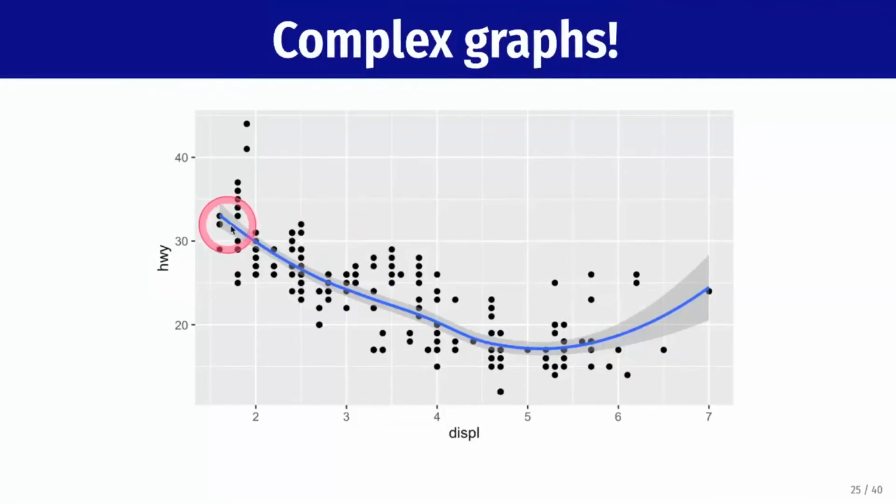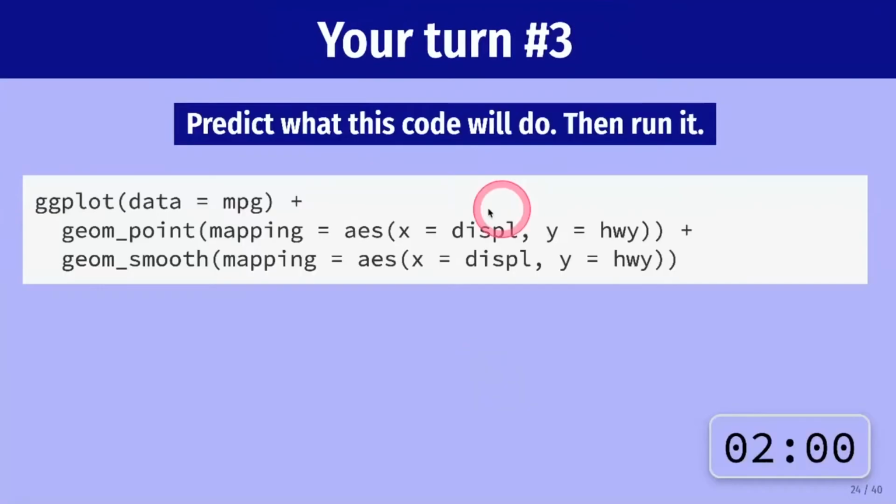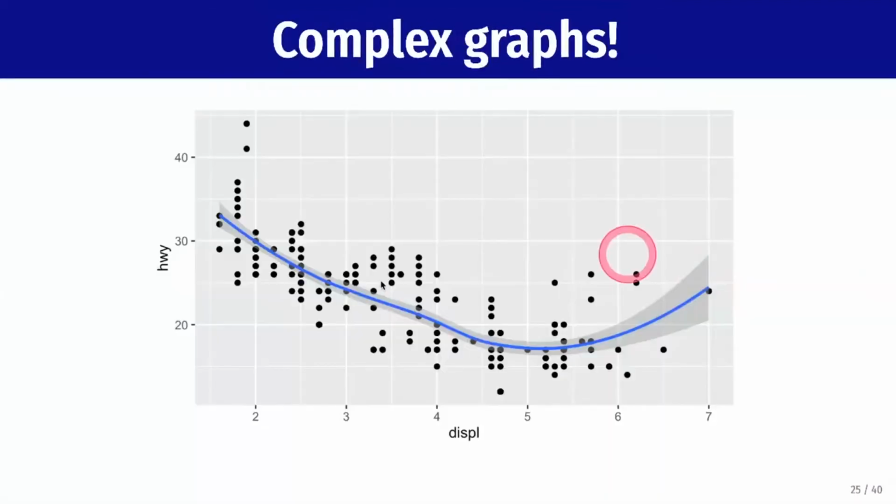And the magic part about this is the only thing that changed was the geom. If you look at the mapping, both of them use displacement on the x-axis and highway on the y-axis. But we could switch between points and this smooth line just by changing the geom, and you can actually overlay them. You can have multiple layers just stacking up on top of each other, which is super helpful because you can make all sorts of complex graphs, which is going to be important when we get to the GIS stuff,